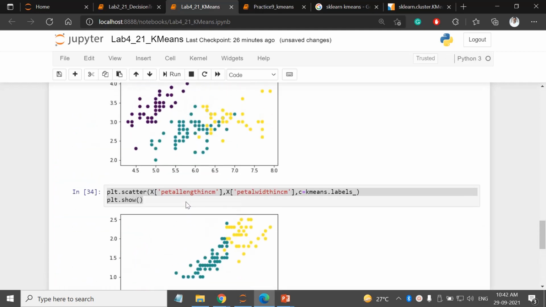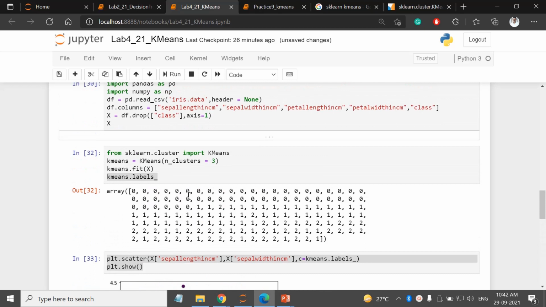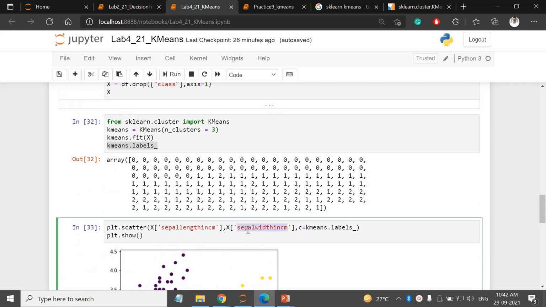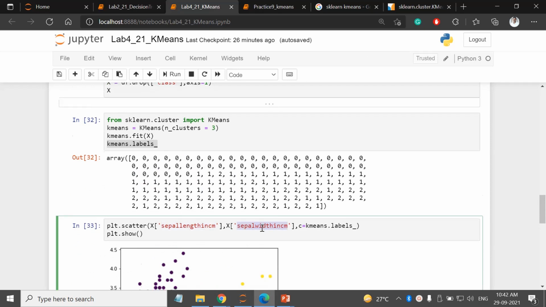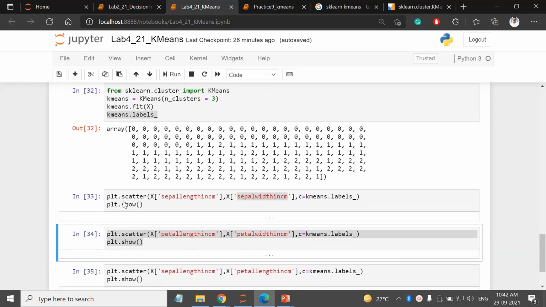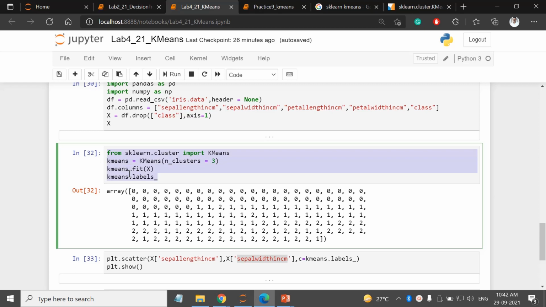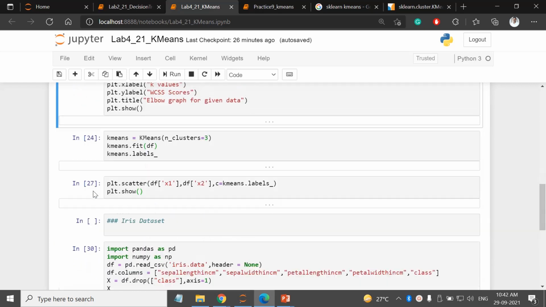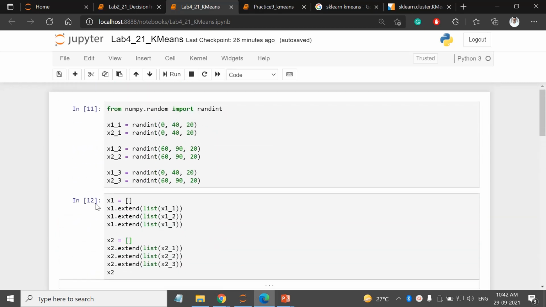So if you have multi-dimensional data, then you have to go for dimensionality reduction techniques. Using that technique you can reduce the 4-dimensional data to 2-dimensional data, then you can easily plot. But this is the other way. You can print 2 attributes at one time. So this is how you can work on a real data set. The code will be very small, but your concept should be clear. What you are doing, what you have to do, that should be clear.